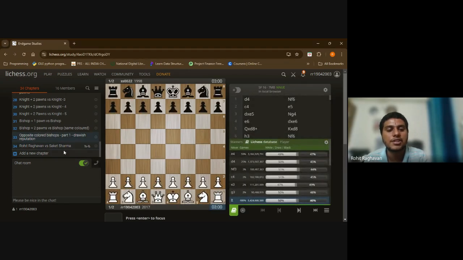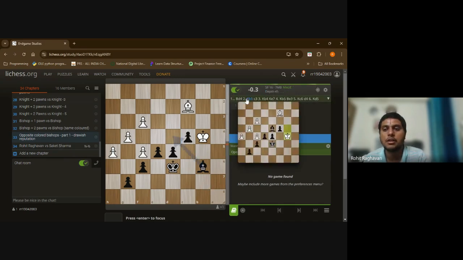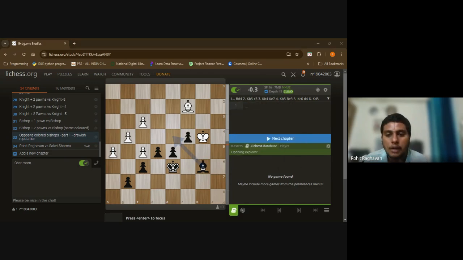So this is the first game. If you see the evaluation here, black has just minus 0.3. And minus 0.3 in general means this is a drawish position. But observe that white has four pawns: h5, g4, f3, and f5. And more than this detail, the crucial part is each of these pawns is on